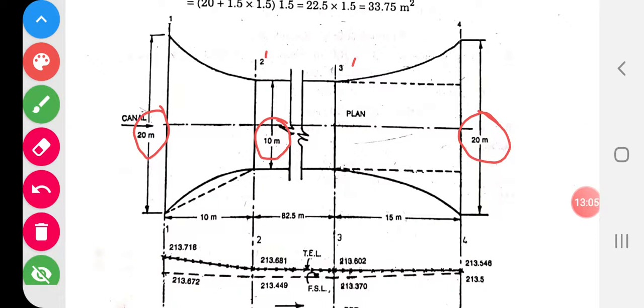So the 1 to 2 region is called the contraction region, and 3 to 4 is called the expansion region. So the canal is contracted from 1 to 2, and the canal is expanded from 3 to 4. Okay, so you understand this. Now what we are going to do here is, as I already told you,